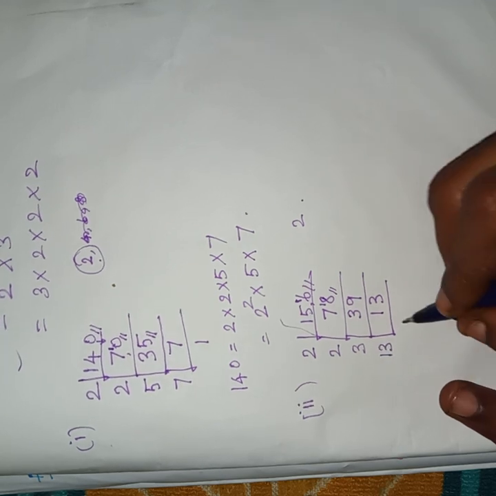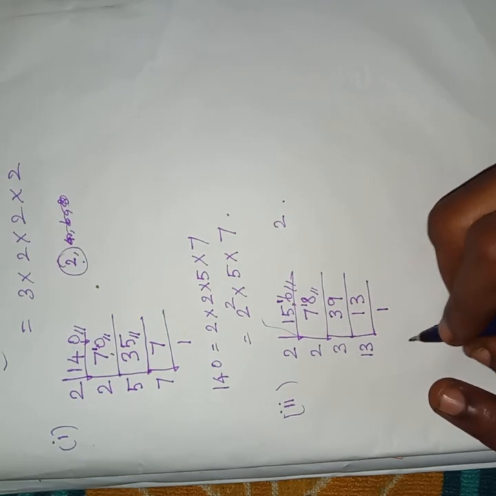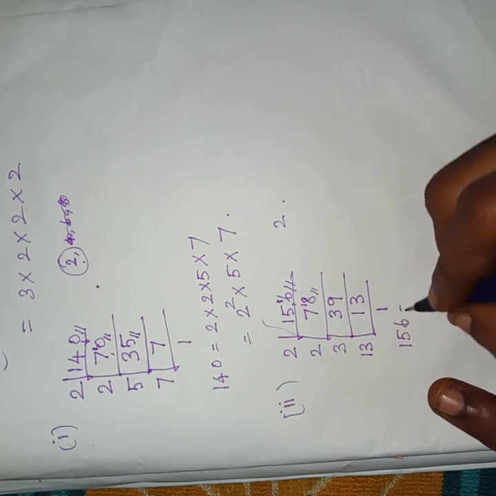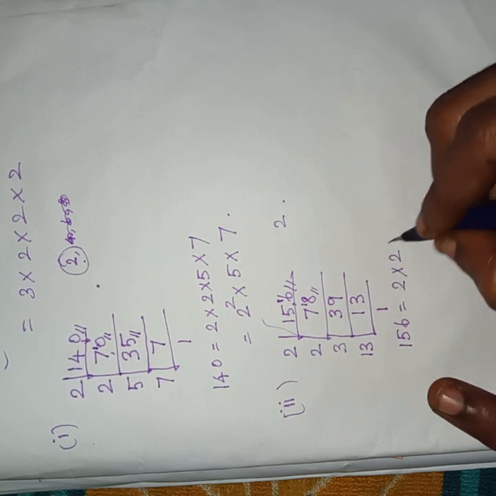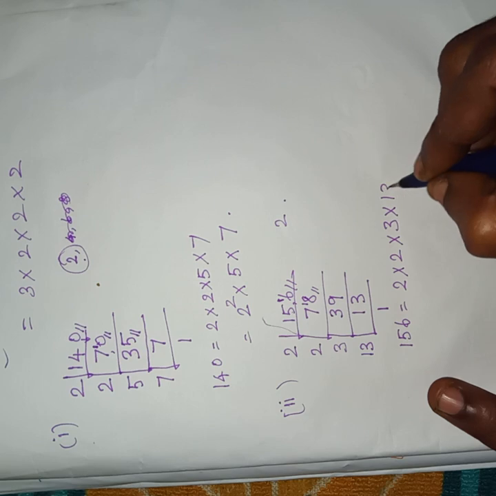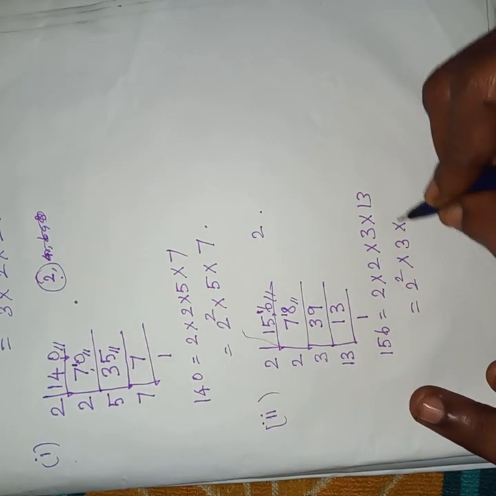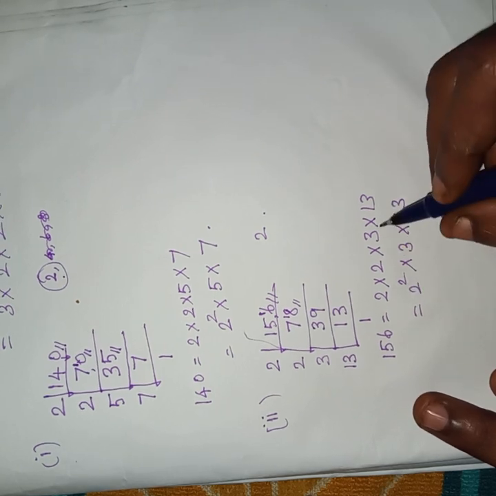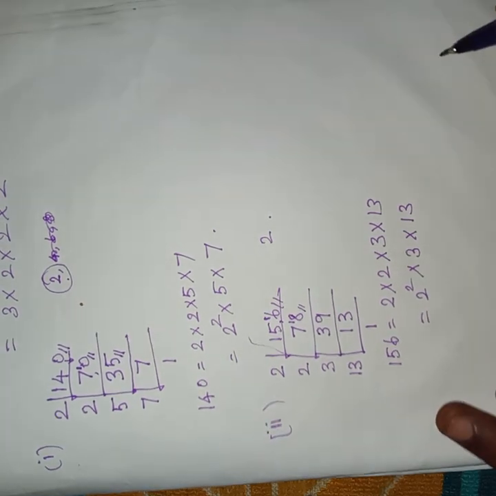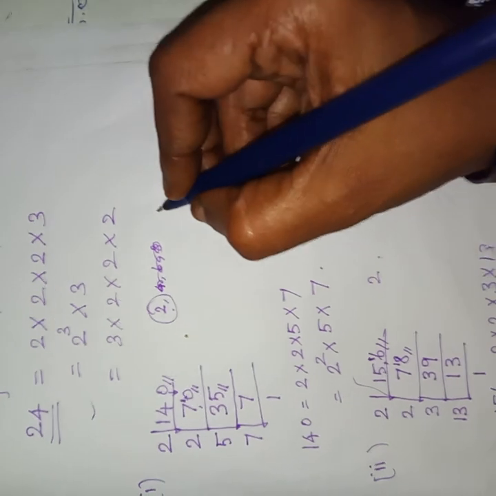So the only way is 13. So we can write 156 as 2 into 2 into 3 into 13. That is 2 square into 3 into 13. 2 2's are 4, 4 3's are 12, 12 13's are 156. The third sum is